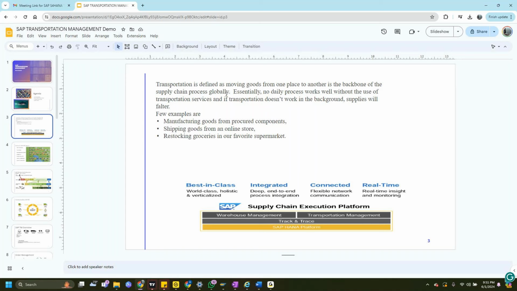So it heavily impacts the company financials. The transportation network which we have is heavily money dependent.